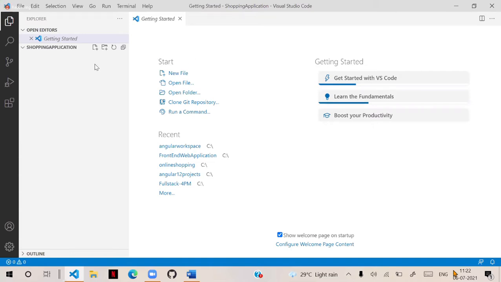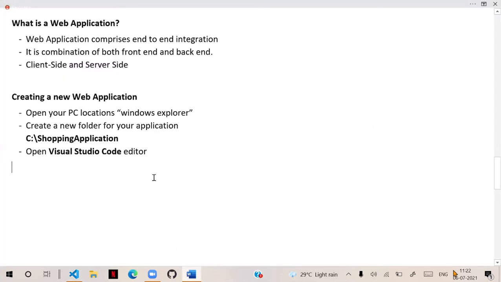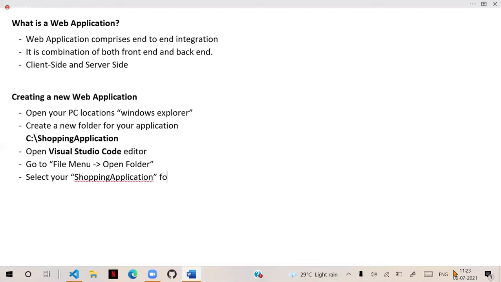That means it doesn't contain any file. Of course, it is empty, we haven't created any files there. So you open Visual Studio Code, go to the File menu and open folder, then select your shopping application folder and open.